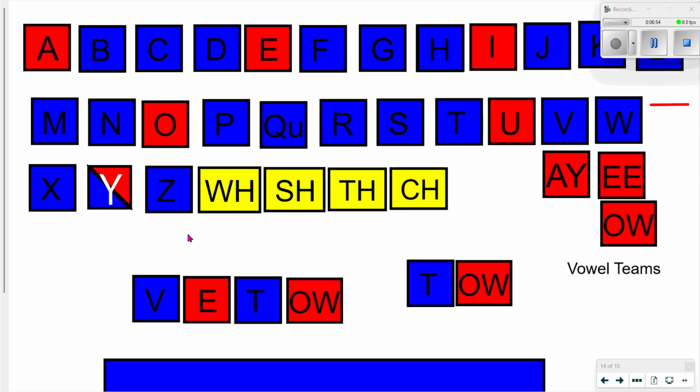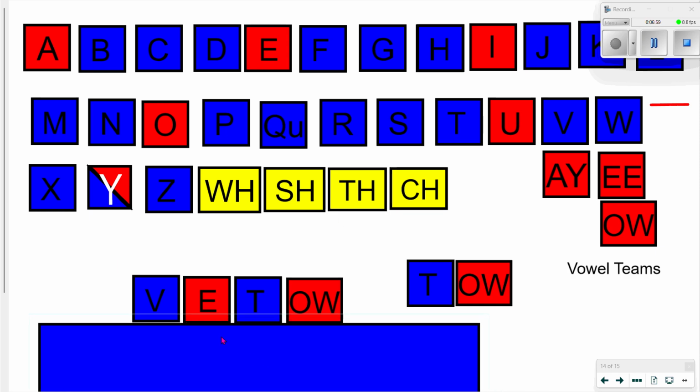The first word we're going to put into the spell checker is veto. And I want you to put VETOW into your spell checker. If you need more time, go get it, pause the video, come back. All right. Because with veto, there's no rule that tells me if veto ends in an O or an OW. I do know that OW is the most common way, so I'm going to start with OW. So when I put VETOW into my spell checker,